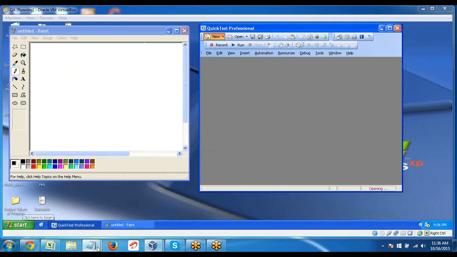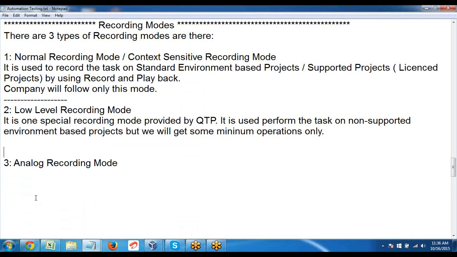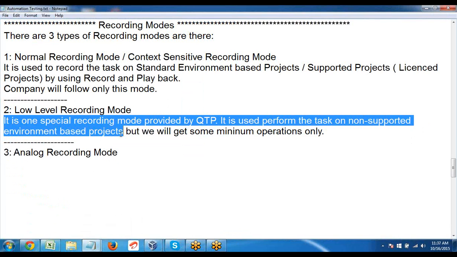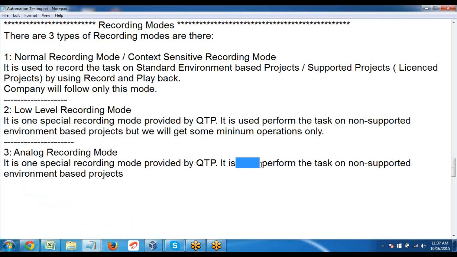Fine team. Now next, analog recording mode. The steps and navigation are there in my notes. You can check it out. Analog recording mode is also one special recording mode provided by QTP. It is used to perform the task on non-supported and supported environment based projects,